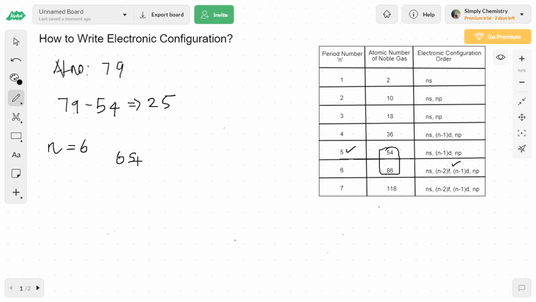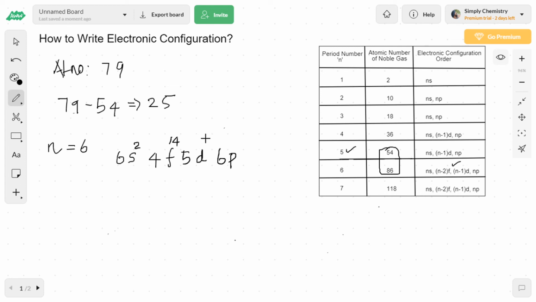If you're substituting the value of n, this will become 6s, 4f, 5d, 6p. So now we are going to add the electrons. So this will become 2, f can hold a maximum of 14.